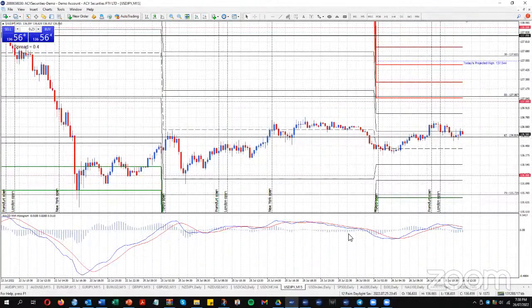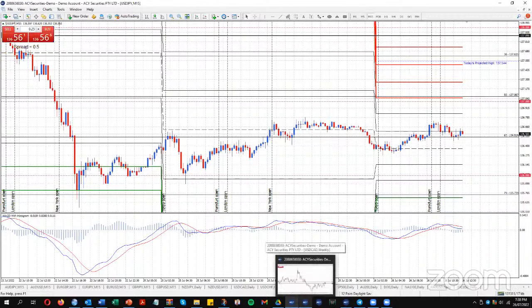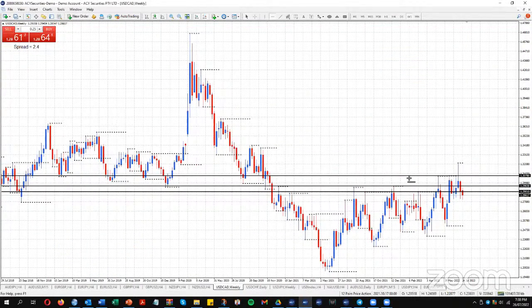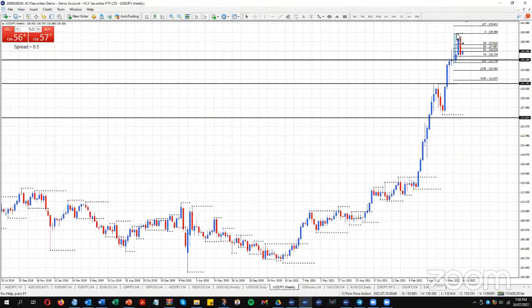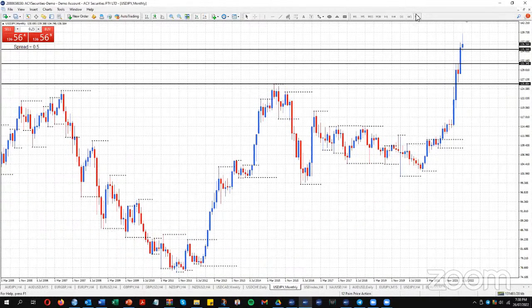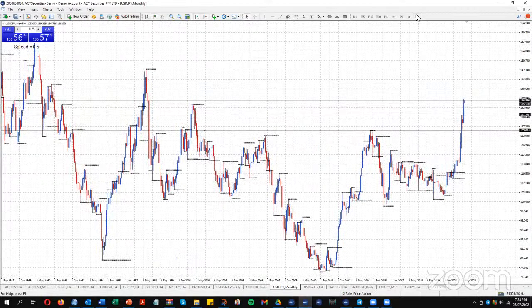Now, the last two days have been rather consolidatory. We had quite a heavy sell-off on Friday, but if I go to my other charts, what I've noticed is we know it's been in a long-term trend. Get my dollar yen up. And we had a negative week last week, but I don't know if that's really finishing the trend. We know on the monthly chart that we're very strongly up.